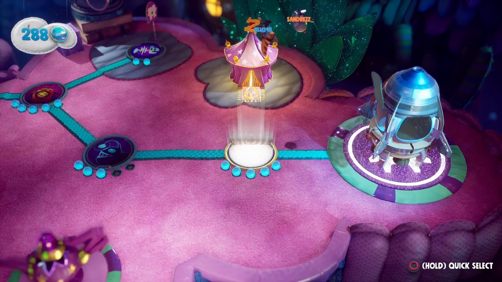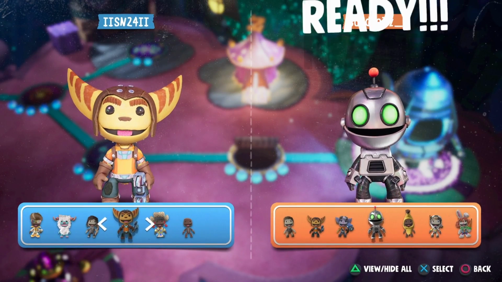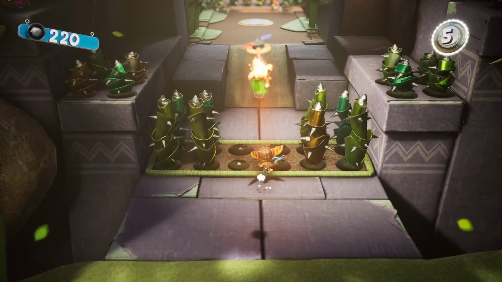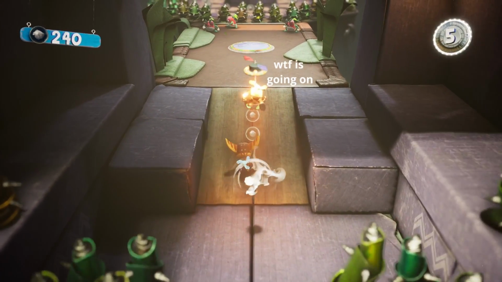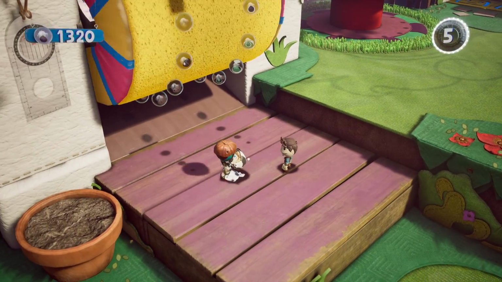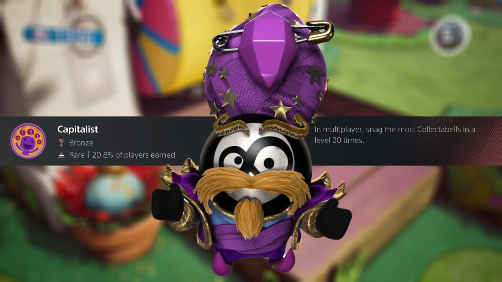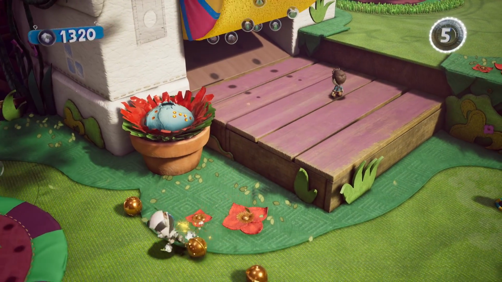But if you're doing this solo, you can do this while simply starting a level with a second controller and leaving it idle throughout. Just play as normally with your main controller and this shouldn't cause you any issues. And that ties in perfectly with the Capitalist trophy, which is basically unlocked the same way, only this time make sure to pick up a few Collectibles on the way, because this can really be tricky for it to register